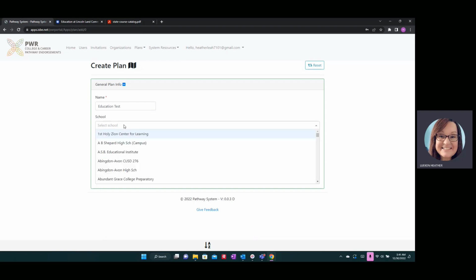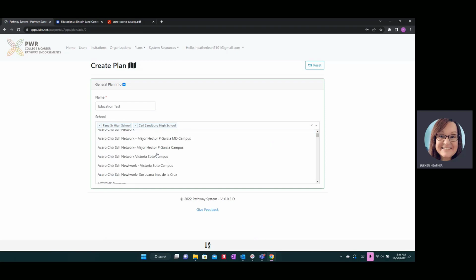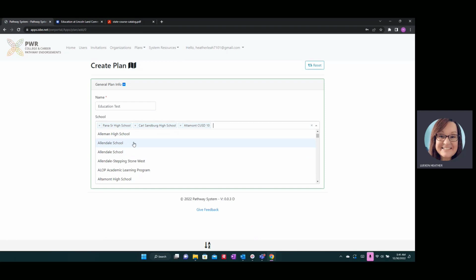For the school, you can start to type in the name of the school, and that should show up. So I've had some that say, well, I can't add more than one school, but you can. Once you've entered that, we'll just start to type something and see what comes up. And see, you can do multiple schools as you go. So that is an option. So you can scroll down to find the school, or you can start to type, for example. So that provides you the opportunity to identify the schools that would be eligible to receive the education endorsement in